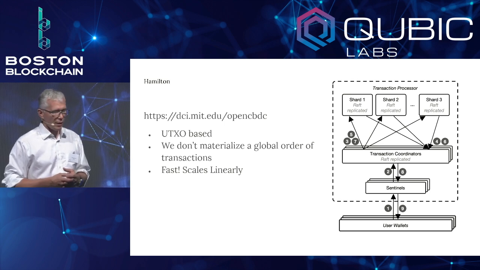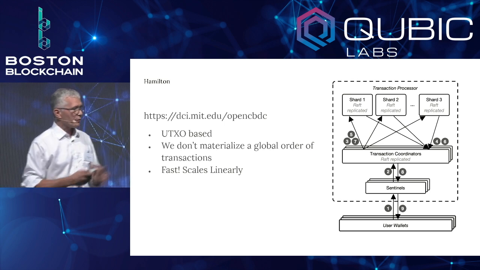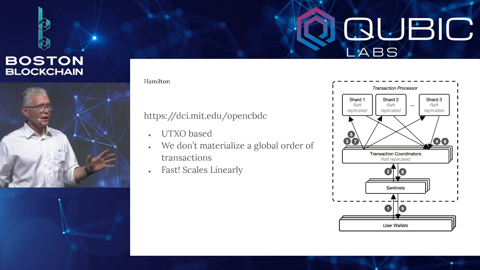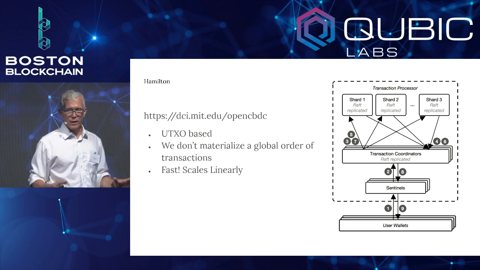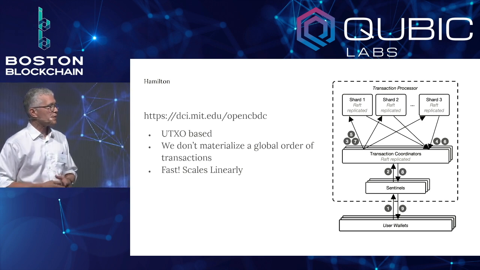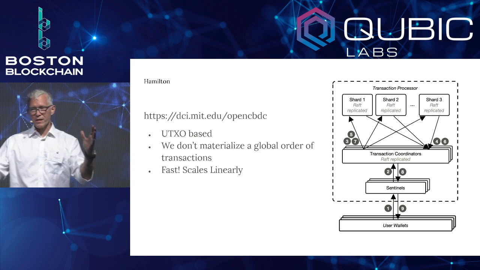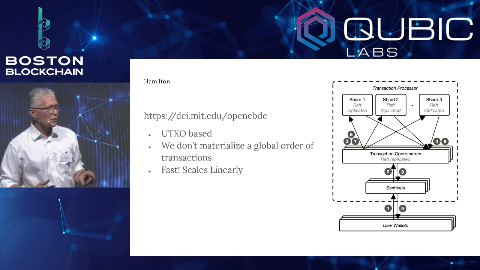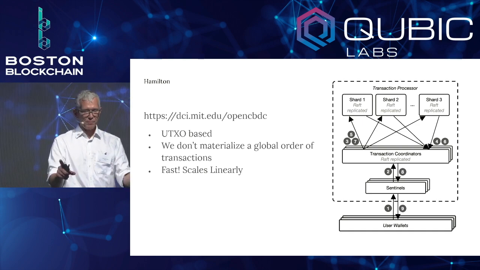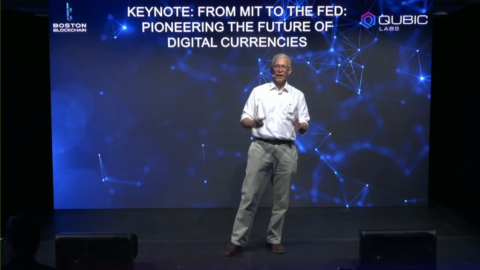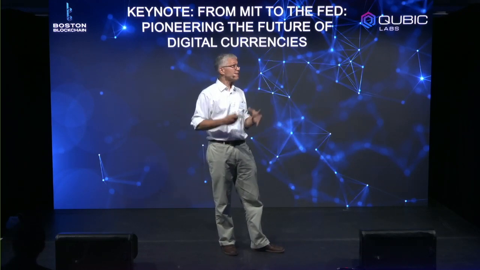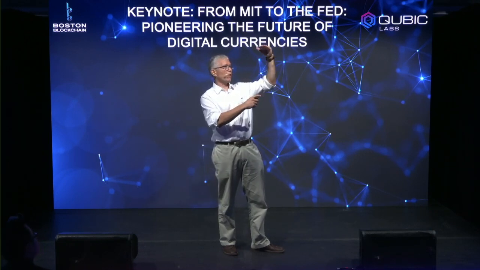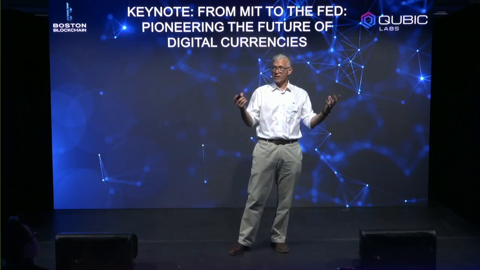This was a system that we basically modeled generally after how Bitcoin works. It's UTXO based. I'm going to skip a lot of technical things, but there are a few you need to know. UTXO is unspent transaction output. Basically, there's a bunch of bills, and each bill has a name on it, and the name is the person who owns it. You can take a collection of these bills and update the name to whoever else, and now they own it. That's the way UTXOs work. That's different than the way your bank account works. Your bank account balance is whatever, and it can go up or down, right? There are positives and negatives to that.